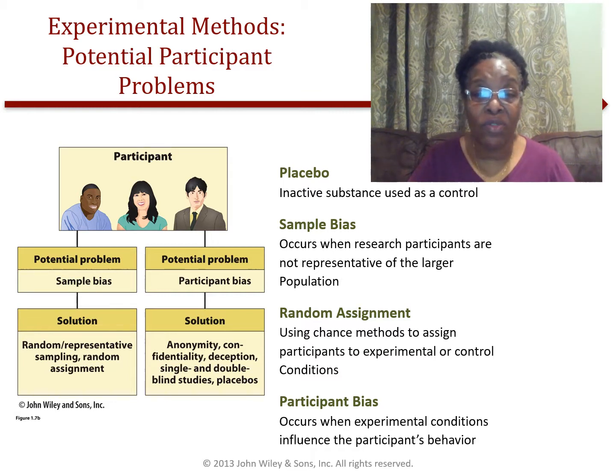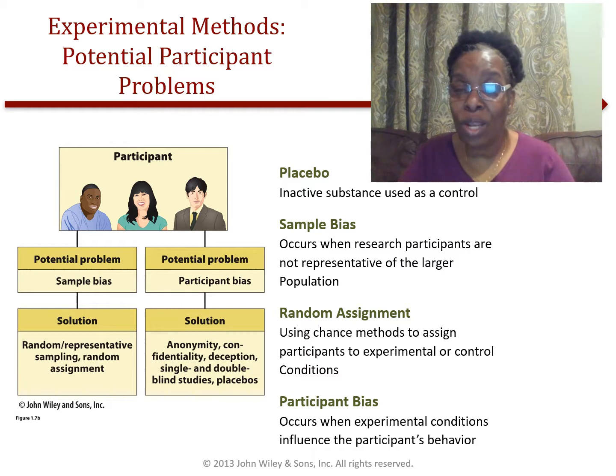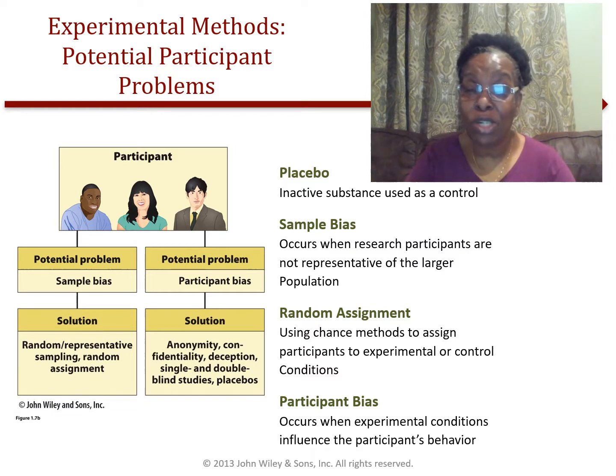In terms of solutions for participant bias, the less they know, the better. So that's when we talk about deception. Again, though, if we use deception within our study, we have to do what? Immediately debrief the participant at the very end of the study. So say for example you had to do some deception, they go through whatever type of experiment you're doing. As soon as they're finished, you're supposed to explain what they really actually did.